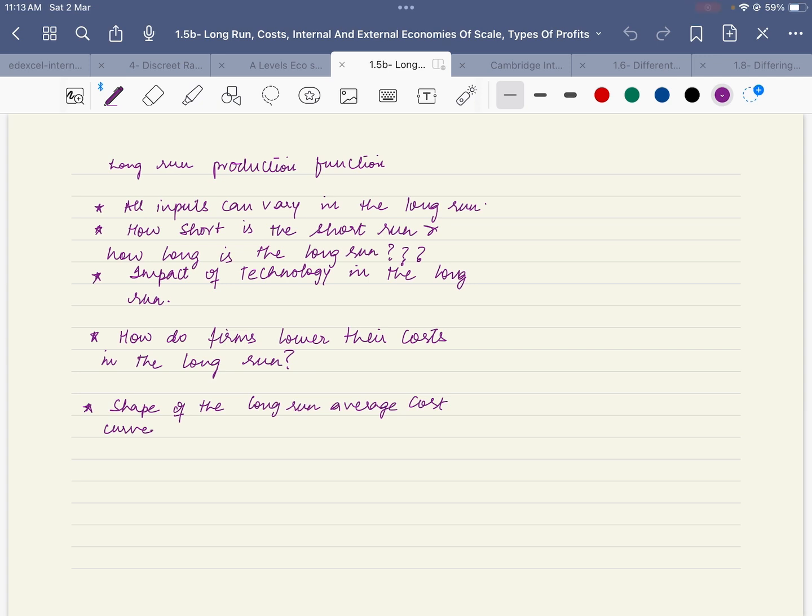Is it possible to decrease cost in the long run? Yes, it is. Firms find a way to lower their cost structures over time, and one way in which they do it is by increasing the amount of capital used relative to labor. As a consequence, factor productivity also increases. It means productivity of all the factors of production combined goes up.